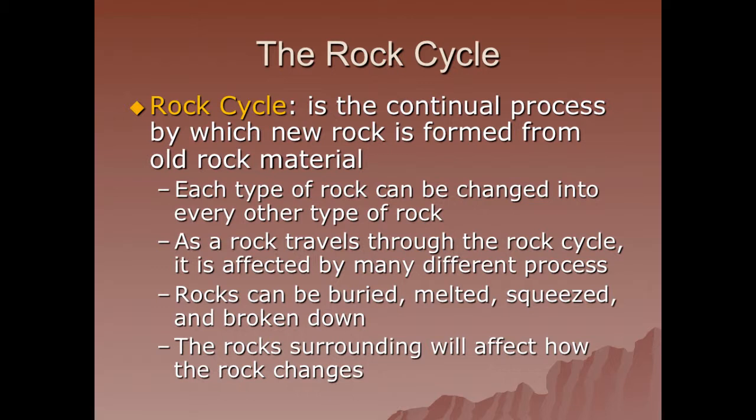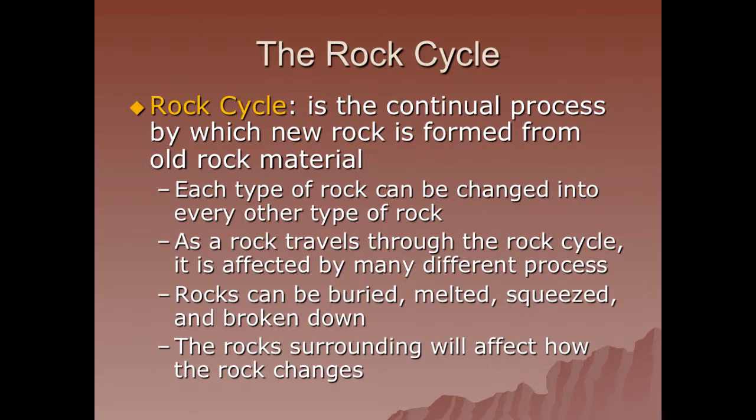Now, with the Earth being over 4.5 billion years old, the rock is constantly having to recycle itself, kind of like the water cycle and the air cycle. We have a rock cycle. Each type of rock can be changed into every other type. So sedimentary can be turned into metamorphic and igneous, and vice versa. As a rock travels through the rock cycle, it is affected by many different processes. And you're going to realize just recognizing the processes is going to help you figure out what the rock will become. Rocks can be buried, melted, squeezed, and even broken down,